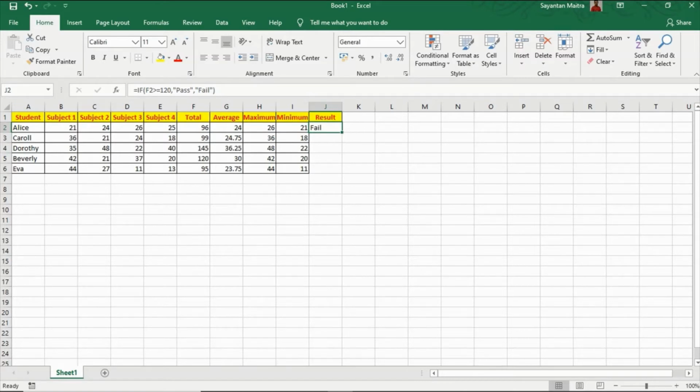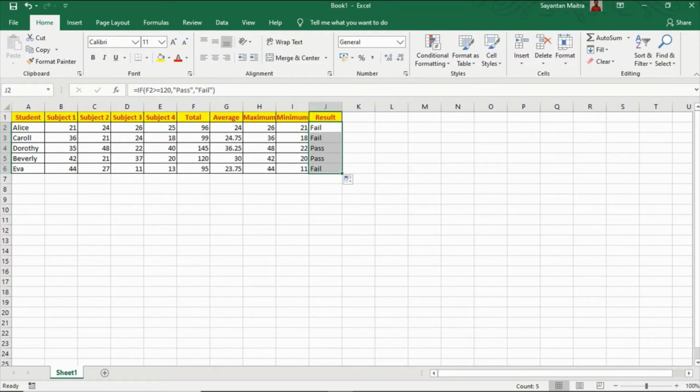If you see closely, there is a green box at the bottom right corner of the cell. If I place my cursor here, my cursor automatically changes to a plus sign, and if I remove it, it becomes normal. If I double click on this plus sign, then it automatically gets filled for the remaining cells.